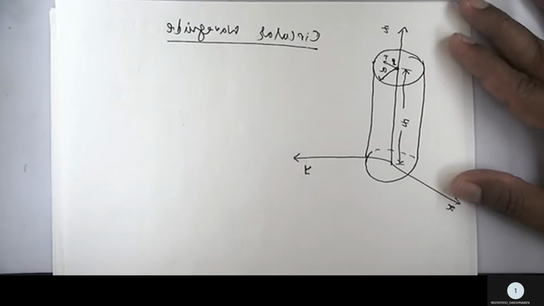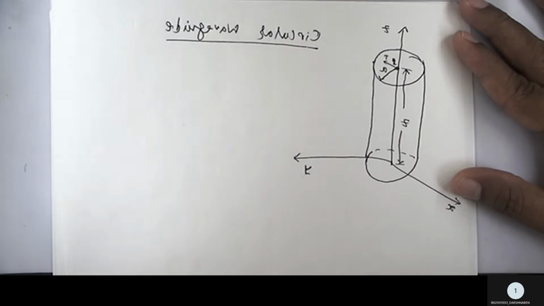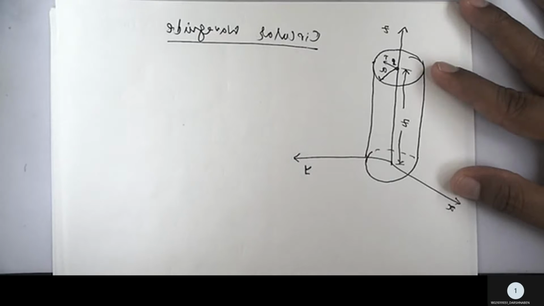Good morning to all. In today's class, once again, very quickly, first of all, we will recap the circular waveguide, and we will derive once again the TE field components in a TE wave in a circular waveguide. We will also see today the boundary conditions and the final field components in a TE mode and in a TM mode.